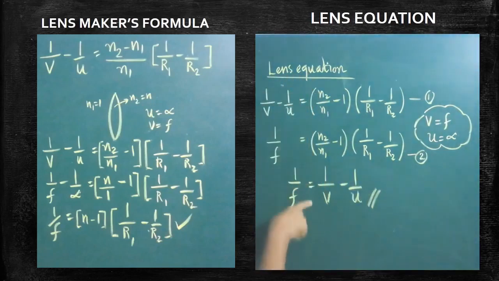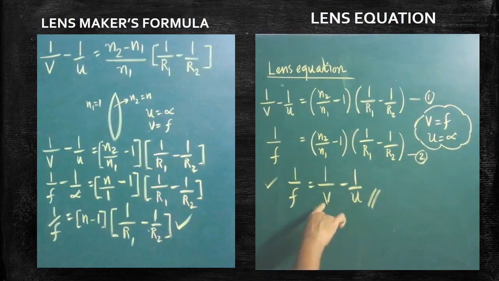This equation, the Lens equation, relates the focal length, object distance and image distance. By using this simple Lens equation, we are able to do a lot of problems. By knowing any two values, we are able to calculate the unknown one. By knowing V and U, we are able to calculate F, or by knowing the values of F and V, we are able to calculate U. By knowing F and U, we are able to calculate which one? The image distance also. So this equation is called the Lens equation. In the examination, both Lens